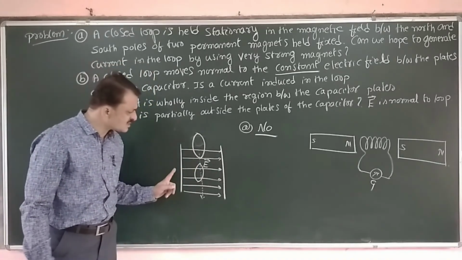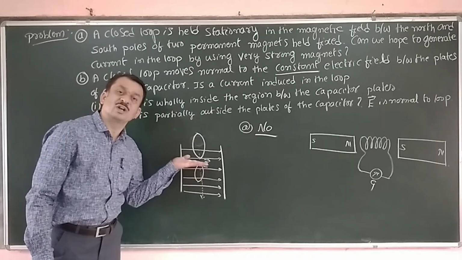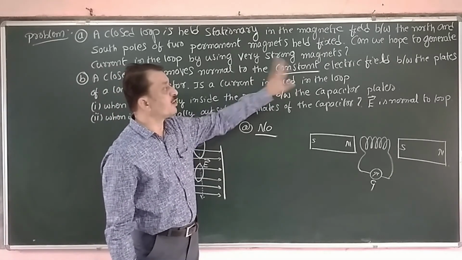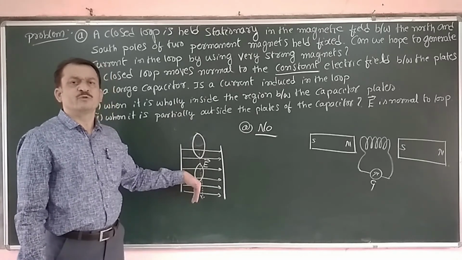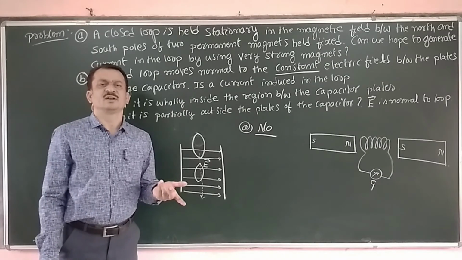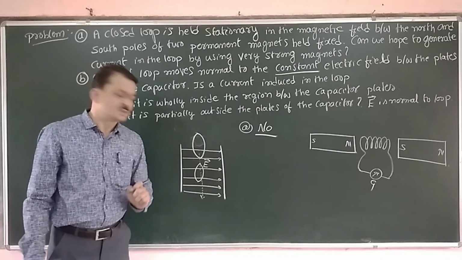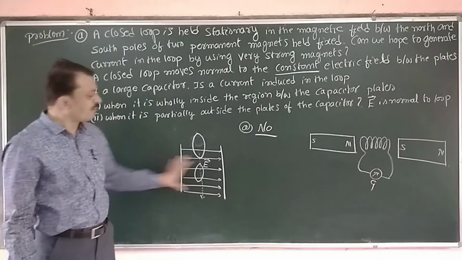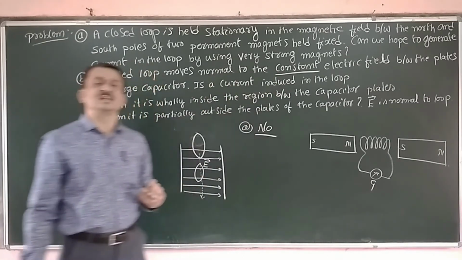Now look here, since there is no magnetic field, we are having only an electric field. That electric field is also constant, we have underlined it. In the electric field, if you move a loop, there is no induction of current or EMF. What do we require? We require the magnetic field. If you have a magnetic field, then only it is possible. And also they have mentioned constant.